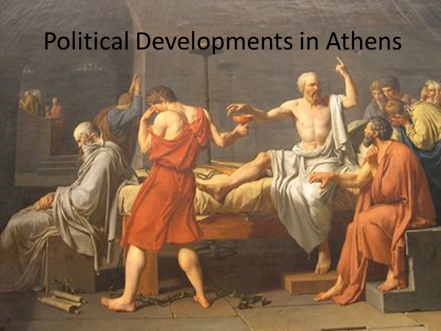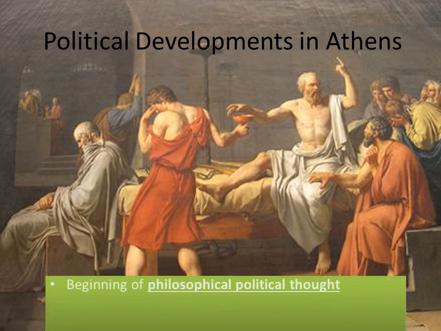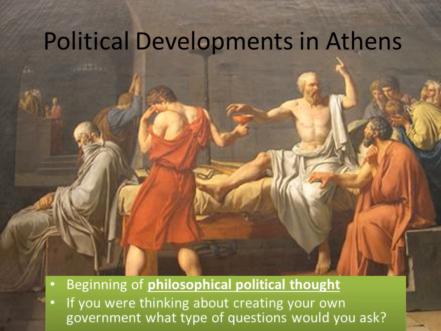So that's the Athenian democracy. It is supported by some of the early philosophical political thought. So Plato and Aristotle and Socrates, they are considering big questions. What should government look like? They want to pursue the good, and they want government to reflect the good of society. And they decide to use reason, to use logic, to explain the world around them and decide what society should be like and look like.